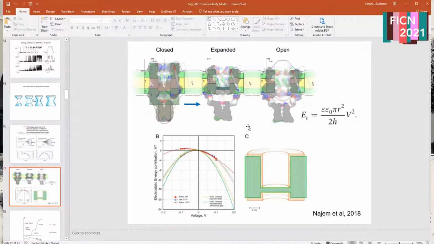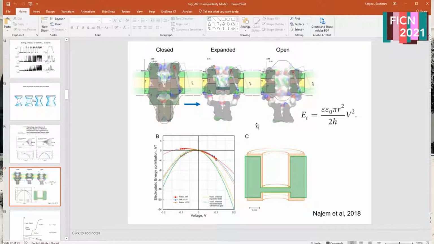In other words, the water under that voltage in the electric field actually produces the work of expansion of the channel. And when it is expanded from the pre-wetted state, because it's V23T and it's fully wetted inside, this water actually presses on the wall. It tends to displace the dielectric, which is protein, and get to the relatively open state. And when the pore fully opens, a lot of the field actually drops on the access resistances, but not in the pore. This leads to the closure of the channel back to the expanded state, and then it flickers